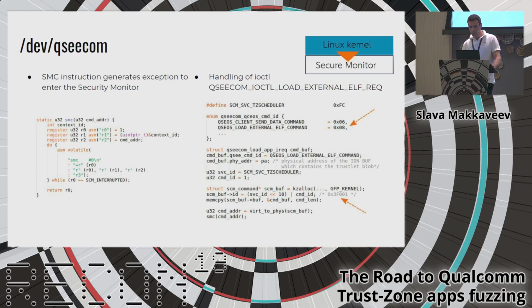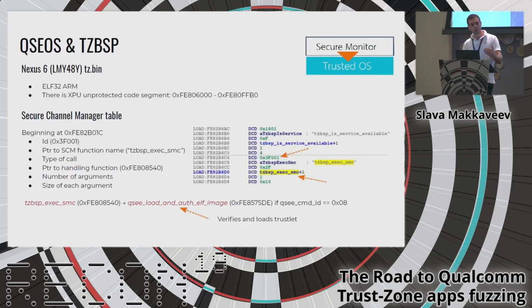The first is the API command ID, which means load a trustlet or send a command to a trustlet, or maybe something else. And the second ID, with value 3F001, is the ID which refers to the handler of the SMC call in the Trusted OS. The next step in the flow is to find a handler in the trusted operating system which will handle